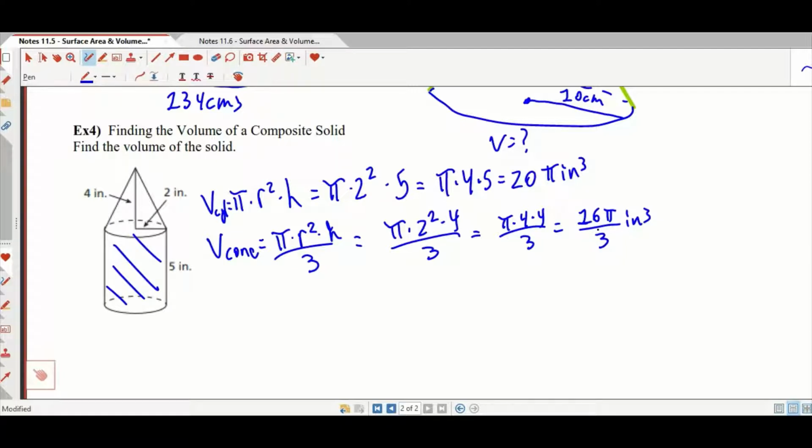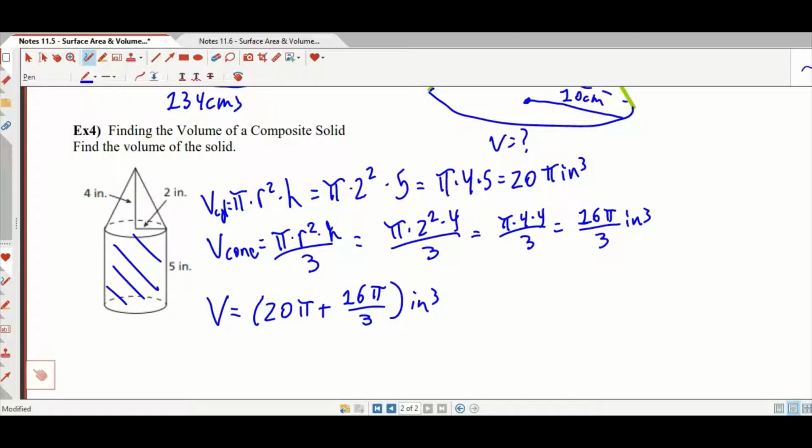And that's not actually a very friendly number, 16 divided by 3, so I'm going to leave it like that. So the volume of this figure is 20 pi plus 16 pi thirds